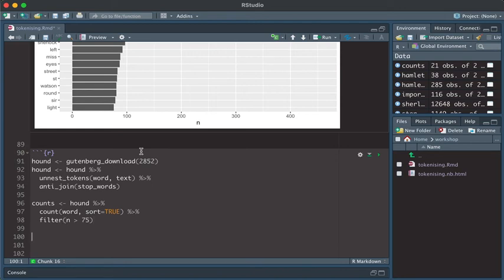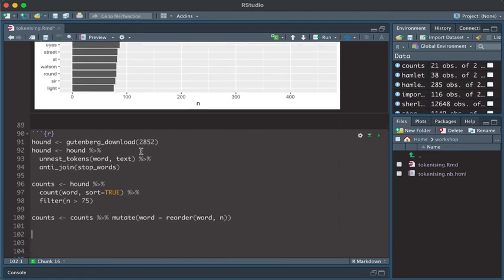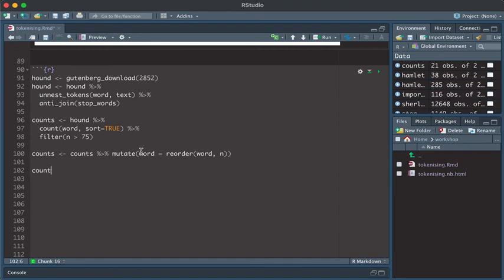Okay, now we've built this, we now need to mutate this tibble so that the words, the text, is turned into a factor. So we're going to pass counts through the mutate function, where we're going to change the word from being a piece of text, and we'll use the reorder function, which will convert it into a factor. And then finally we just need to graph this. So we'll do counts, put through ggplot,